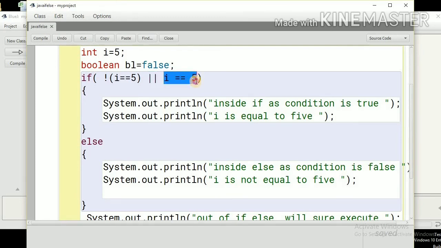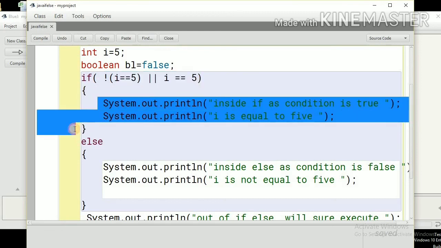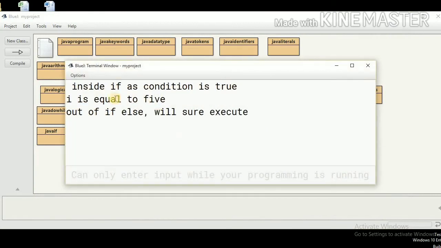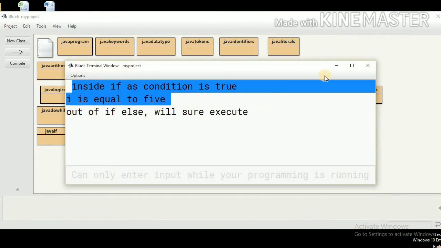So the result of the whole condition will be true. For more clarity, you can watch the logical operator video where I have explained the OR operator in detail. In that case, the block with the if will be executed. Let me compile this and see the output. You can see inside if, the condition is true.